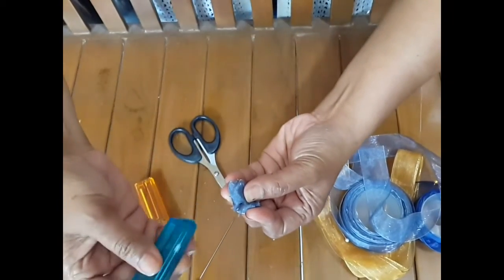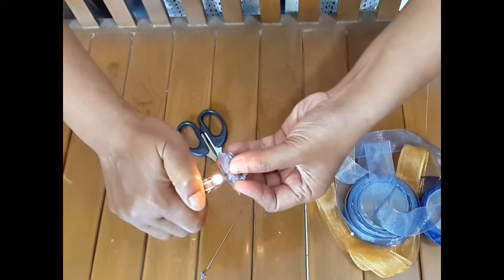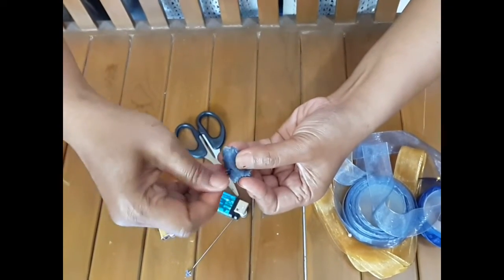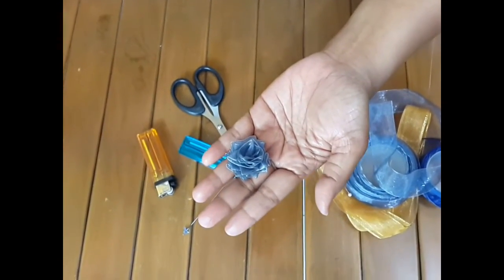Then you take a lantern and you melt the edge of the ribbon. And the Liliput flower